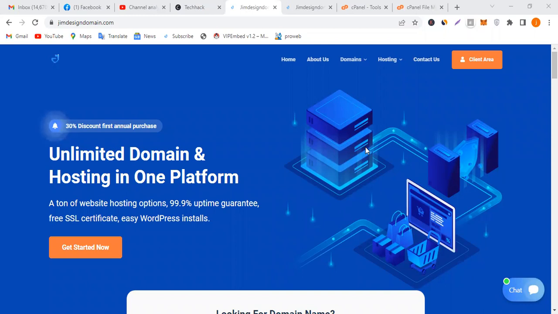Now the easiest and simplest way to do that, and this is only applicable when you have a hosting and also have a cPanel. Your cPanel comes with your hosting. A shared hosting by default should come with a cPanel. So now, if you don't have